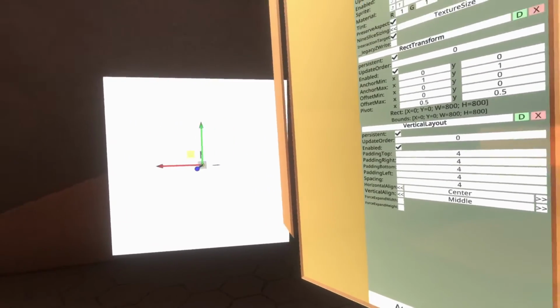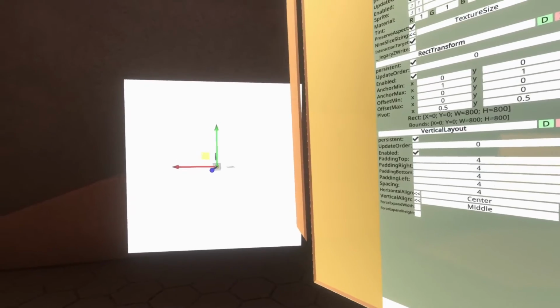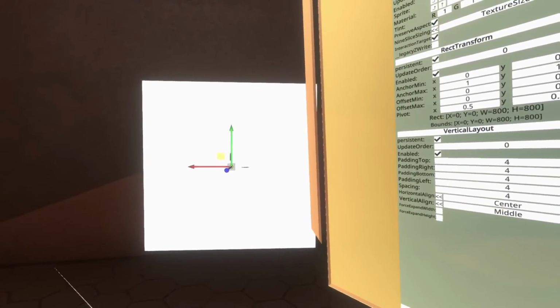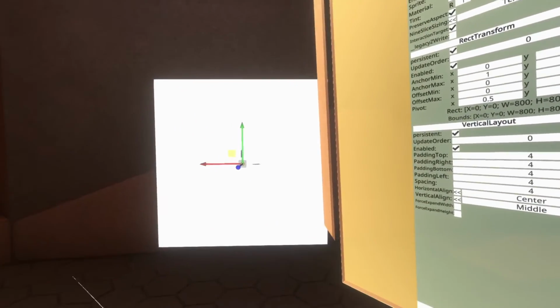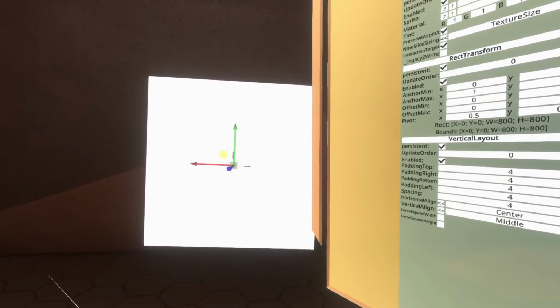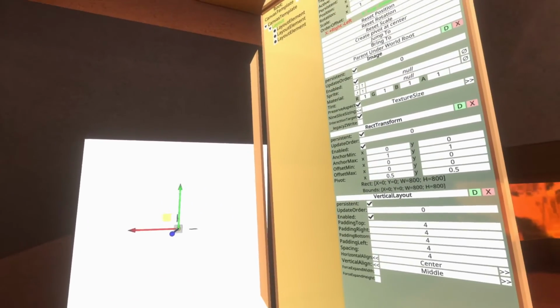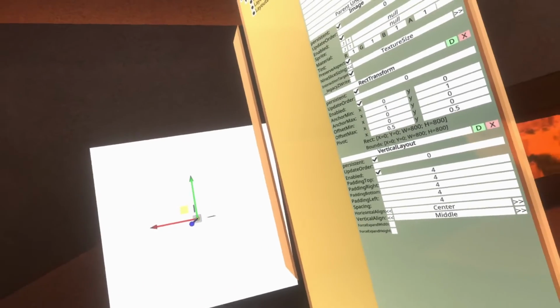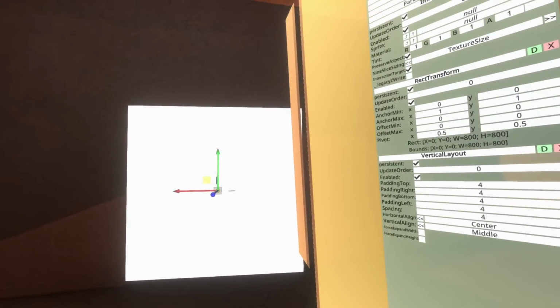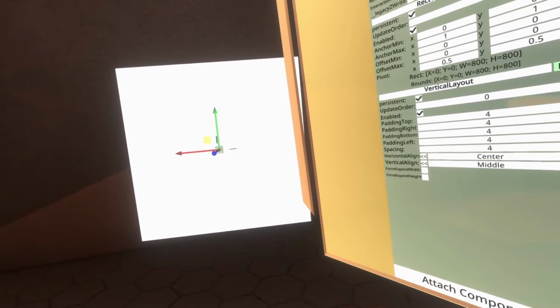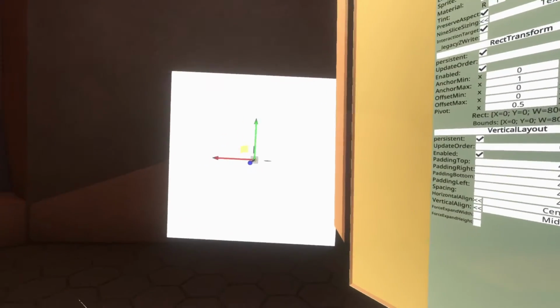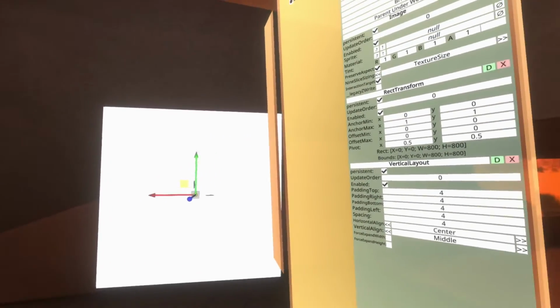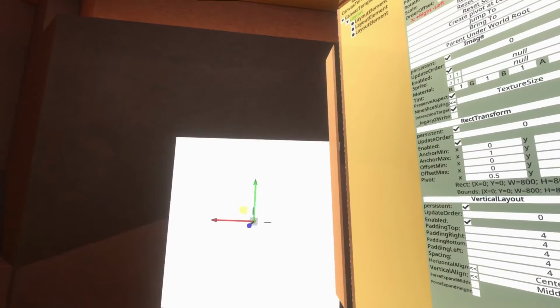This is because with vertical layout and horizontal layout, it might be the same case with some other layout components, I haven't tried them all. These are the three main ones I see cropping up in UI, but there are some others. They are reliant on child objects within the layout specifying how big they need to be. Some components, such as text within UIX, there may be others, text is the only one I'm aware of currently, will automatically specify their dimensions to the layout container, but these just plain rectangles won't,